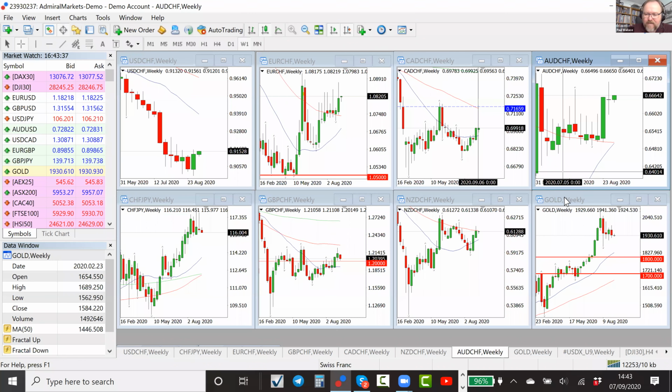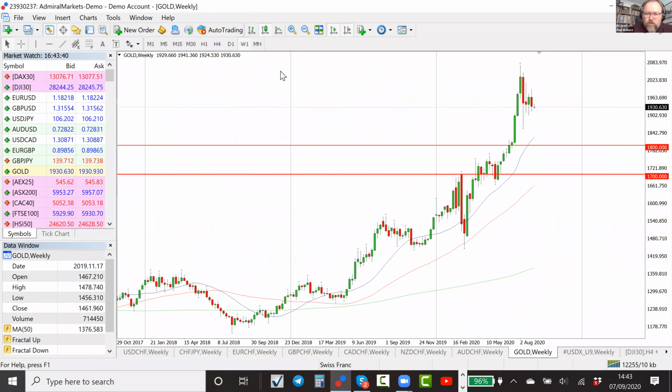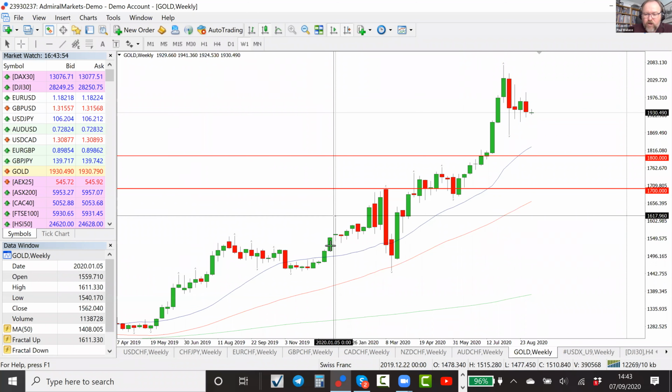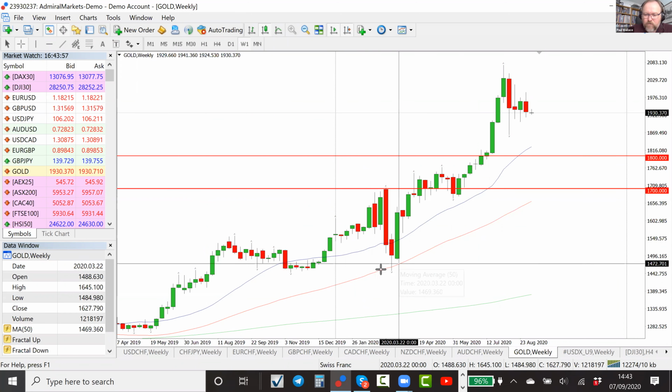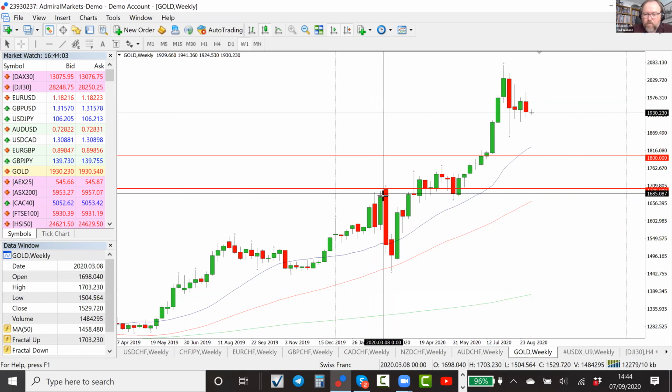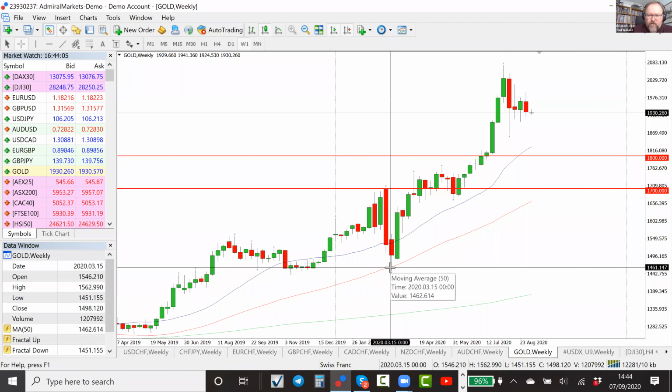We can also have a look at gold, whilst we're on here. This is the weekly chart of gold. Let me just bring this up. Remember, we talked about gold in itself being a natural safe haven, and we started off in 2020. A little bit like the dollar Swiss franc, actually, during the start of COVID, we had price push up but then drop down, and you'd be like, well, hang on a minute, Paul, why would gold go down during the start of the pandemic and the start of the actual market crisis? Well, the reason is, for what I've seen in the past, that when that market panic sets in,